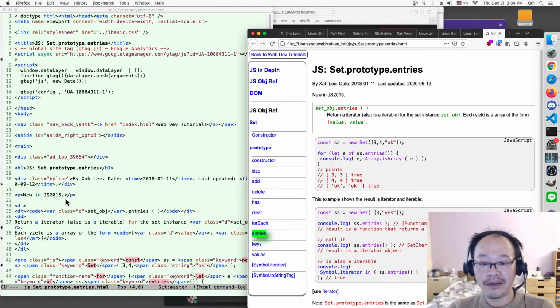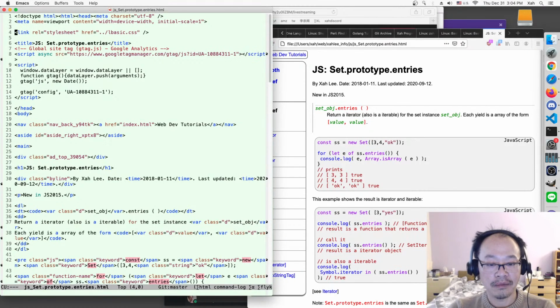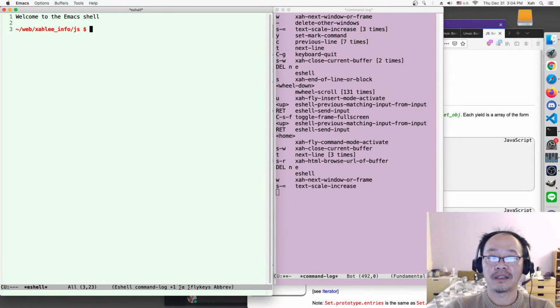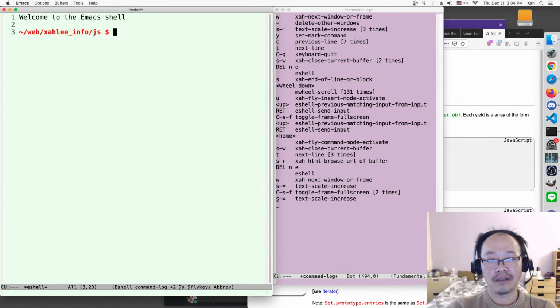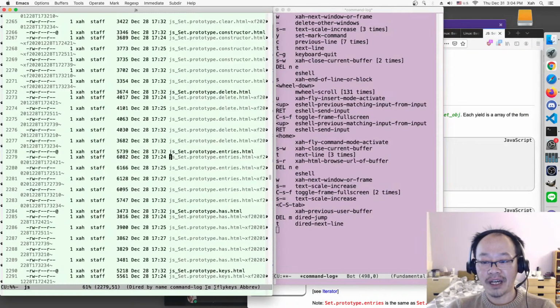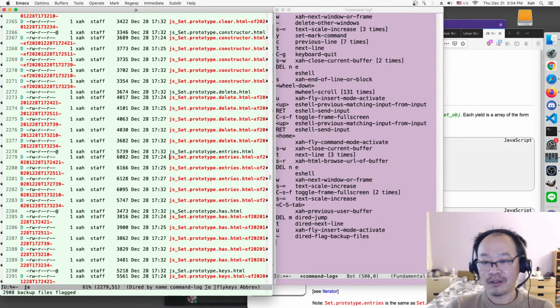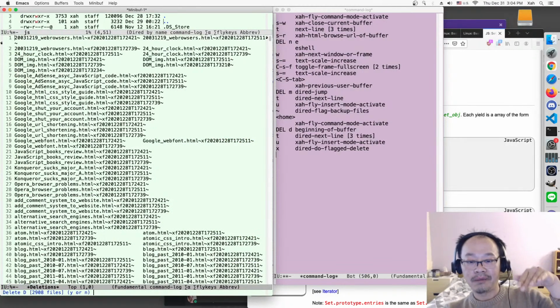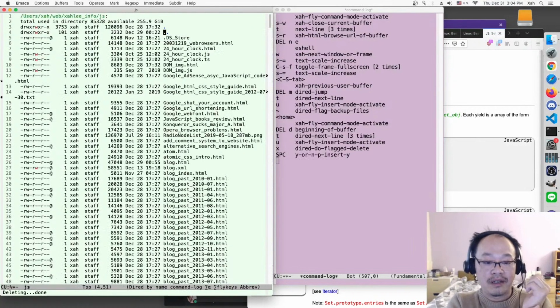So that's the third level of backup. Once I do a git commit, let's go back to shell again. Okay, I already closed it. Anyway, magnify. So now I want to do, let me show you. You see all these backup files, all these red ones, those are the Emacs backup files. I want to delete all of them in my entire Xah directory, not just this directory, because in this directory I can just press a key in Emacs. Emacs asks me if I want to delete them all. Yes. So it deleted